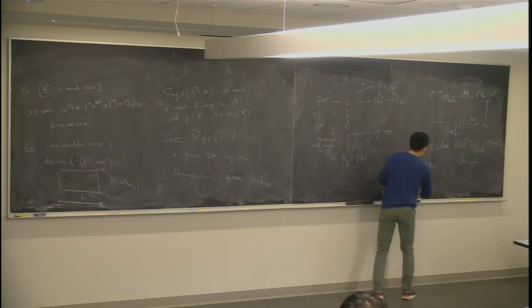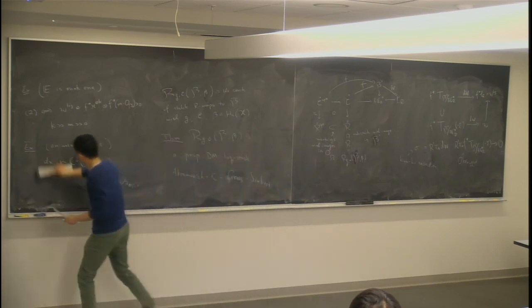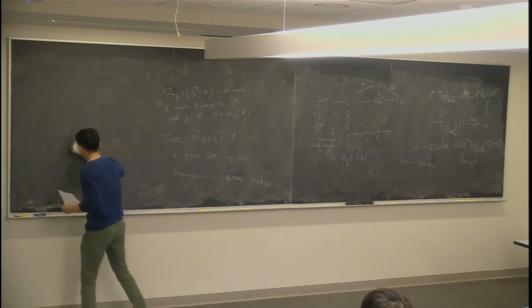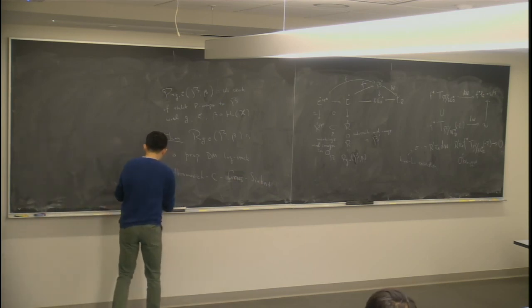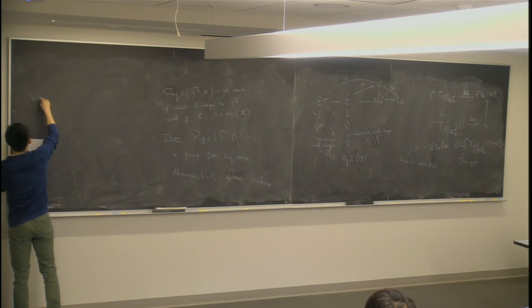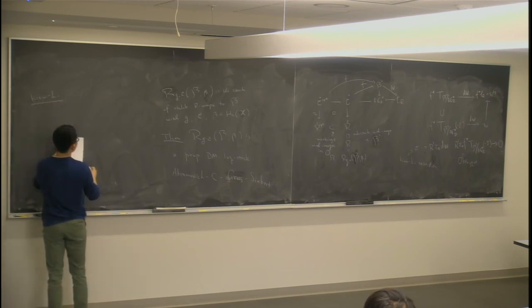So you have a cosection from the obstruction space to O, and then Kiem-Li tells us that